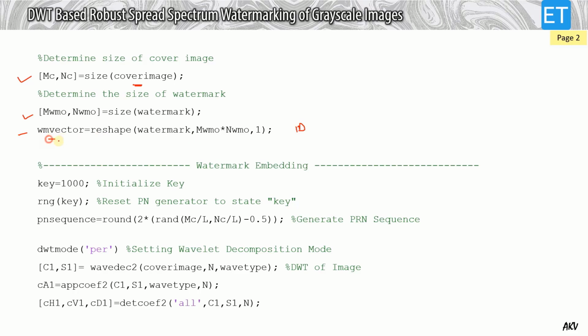Okay, so WM vector is actually your watermark in one row or one column. And now this is the watermark embedding process. So first your key is initialized. It has some number. You can go for any other number. So with this key, the random number generator RNG of Matlab is initialized,